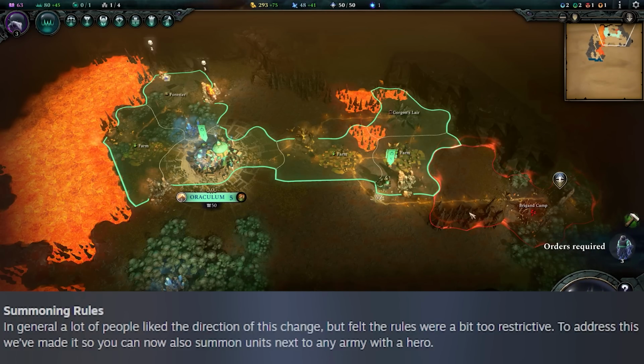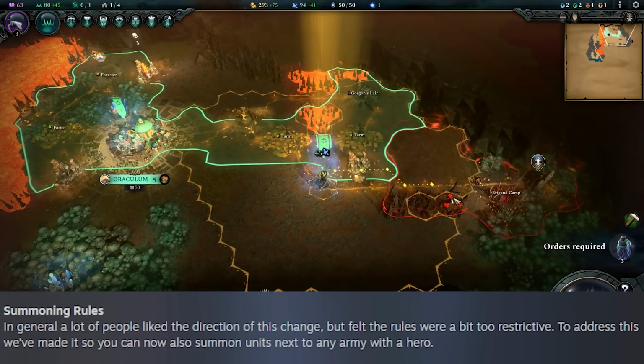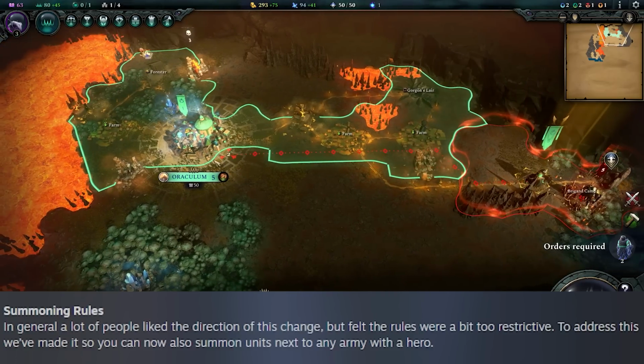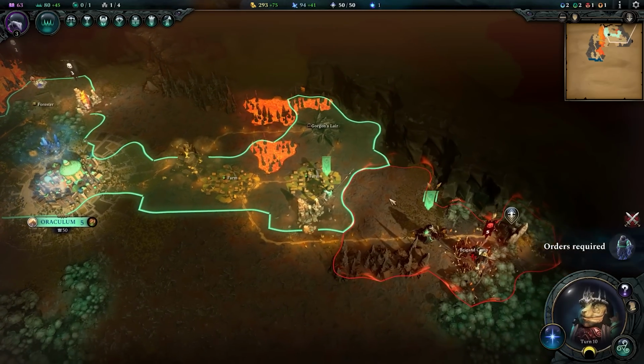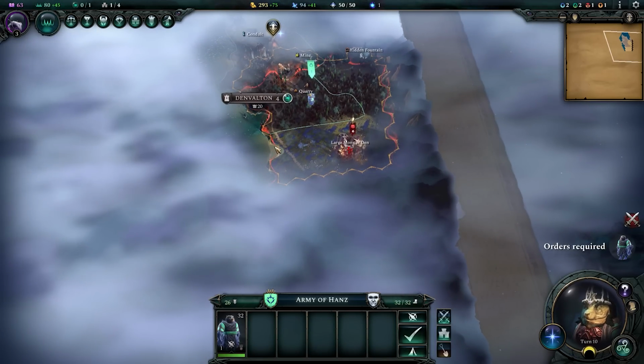Like a square's not a rectangle, but a rectangle's a square, or however it goes. Anyway, to address this, what they've done is made it so that you can now also summon units next to an army with a hero. So all of your heroes will be able to have units summoned next to them, bringing back a lot of the tactical power and the advantages that summoned units have, remembering of course that they cost a lot of mana